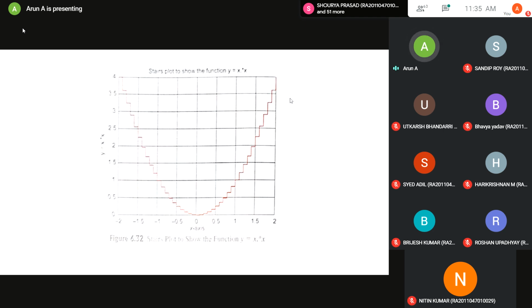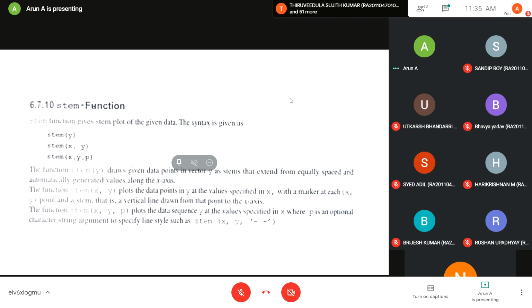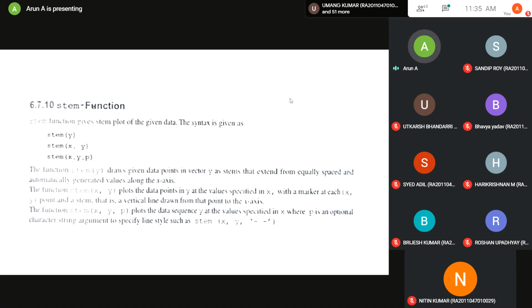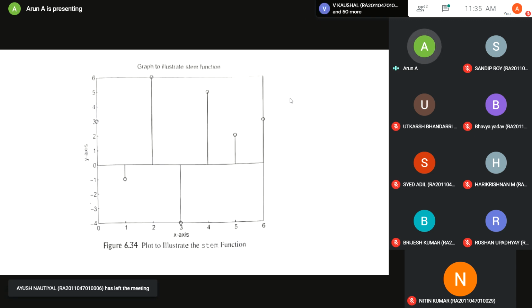Okay, the next is one more new function called the stem function. Again, I'm not sure whether you would have heard about this name. Yes or no, students? Stem function, have you heard in maths? Stem. No, sir. Yeah, good. So the silence and the late answers tell it is new for you. Okay. Right. So I'll go for the output. You see the output of the stem function, and then you can come up with the answer for me. Okay. I'm moving to the output of the stem function command. This is the output of stem.